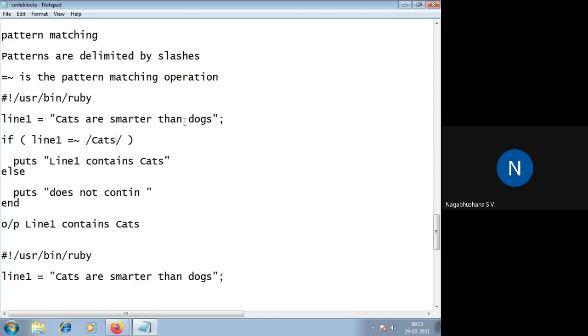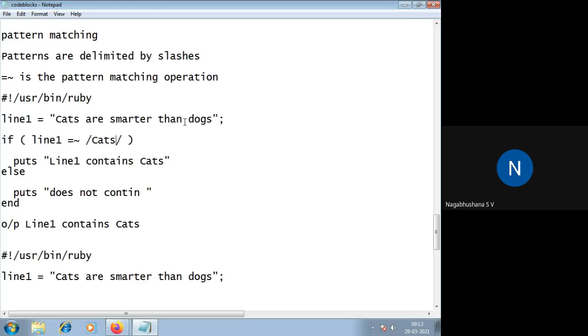It can be at any place: at the beginning of the sentence, in the middle, or at the end. There are different kinds of pattern matching, and depending on how we want to match the pattern, we use various options.